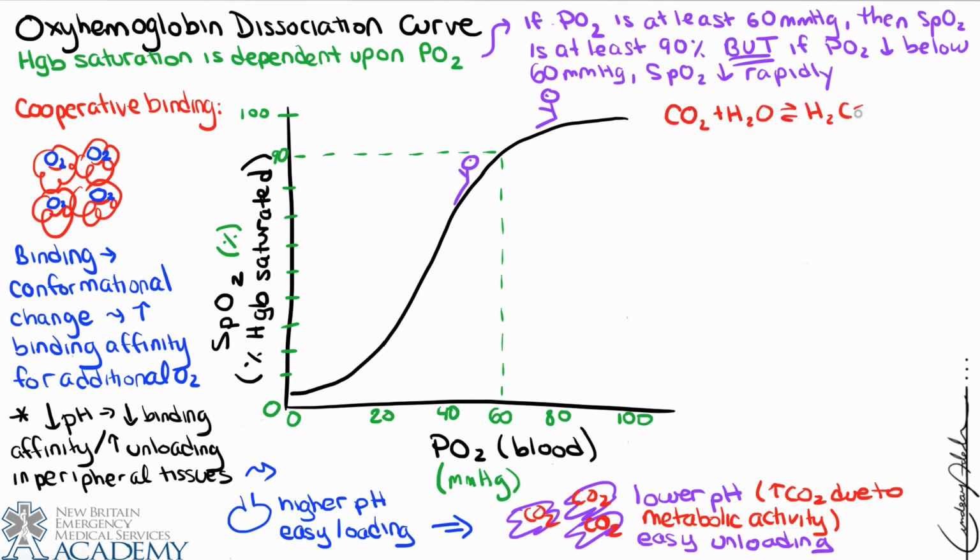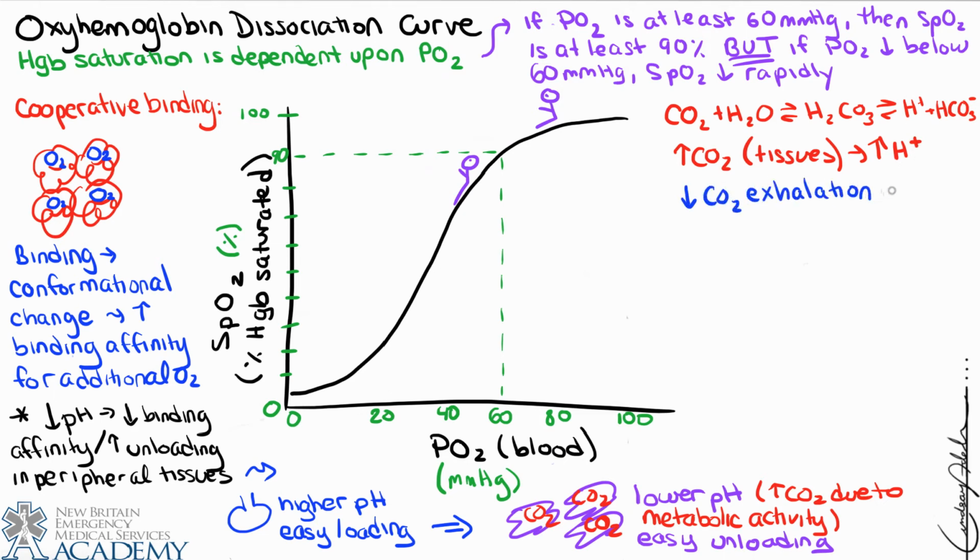I know that we're going to do this a few times in this video, but just as a reminder, so that we can see the association for why increased CO2 in the peripheral tissues leads to an increase in H+. And also, I just want us to keep in mind that when we have things like decreased CO2 exhalation, so if you're not breathing or you're not breathing well, you're going to build up your CO2 in the pulmonary capillaries in that area, and so we're going to have an increase in the hydrogen ion concentration there. And I just want to mention that to set us up for what we're going to talk about next,